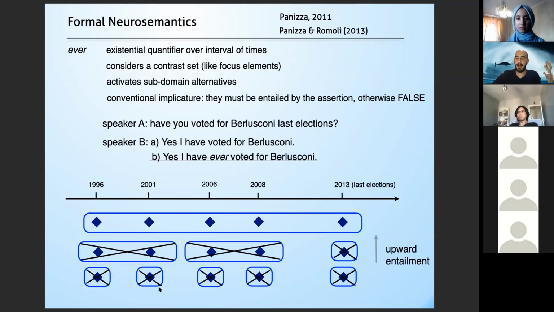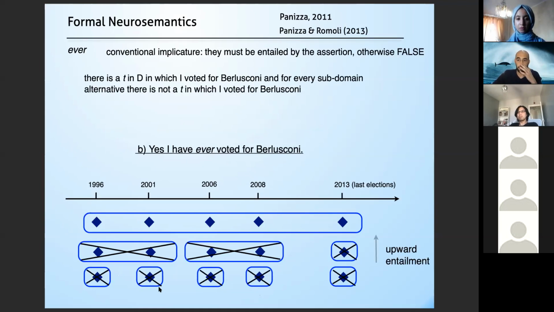So the meaning you end up with at the end of the day is something like this, formally speaking. There is a time t in my domain in which I did vote for Berlusconi, and for every specific subdomain alternative, for every specific time, it is false that I voted for Berlusconi in that time. So I'm telling you, I voted for Berlusconi once in my life, but that didn't happen in '96, didn't happen in 2001, didn't happen in 2006, didn't happen in 2008, didn't happen in 2013, it never happened. So I'm contradicting myself, okay? The idea is that you get an analytical contradiction, and this is why NPIs are bad